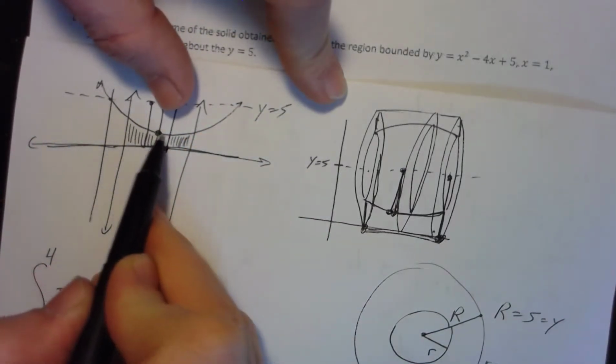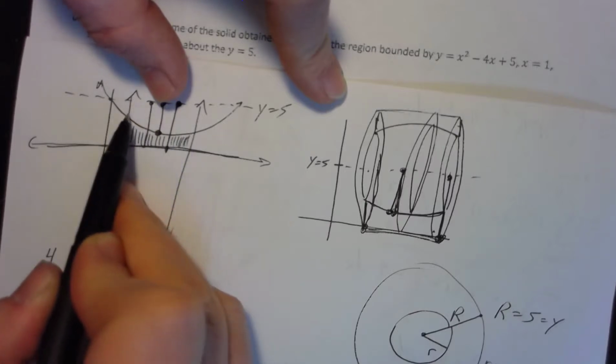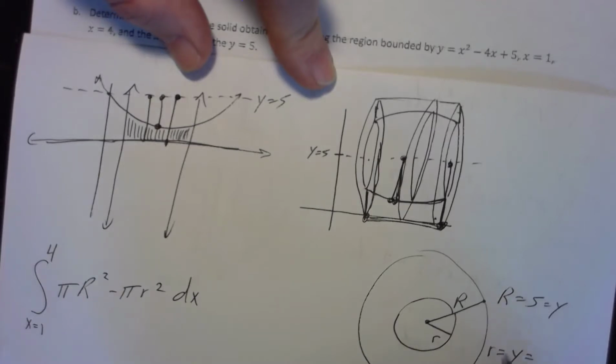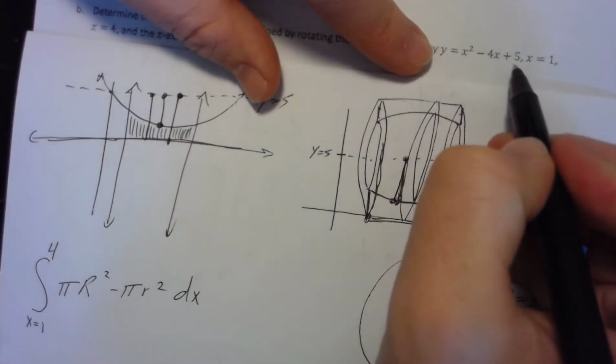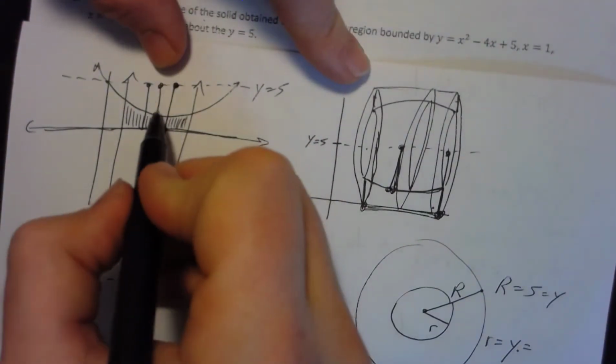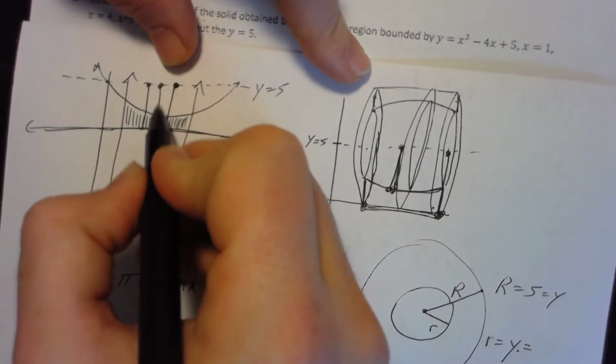So that right there would be the equation of my interior radius value. And that's going to be this equation right here. So again, it's going to be r equals y, but not perfectly y in this case. It's going to be a distance that is reversed